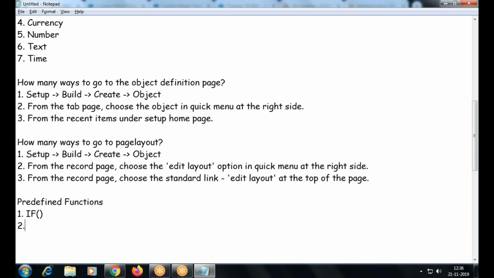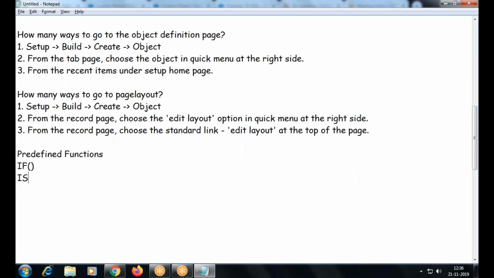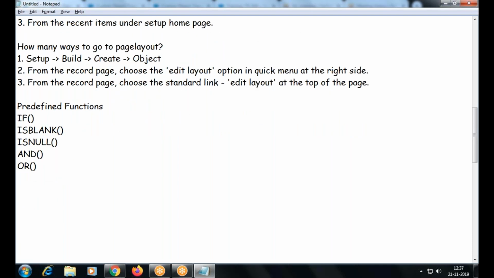We have if, is blank, is null, and, or, case. Any formulas you have seen today? You have seen, right?